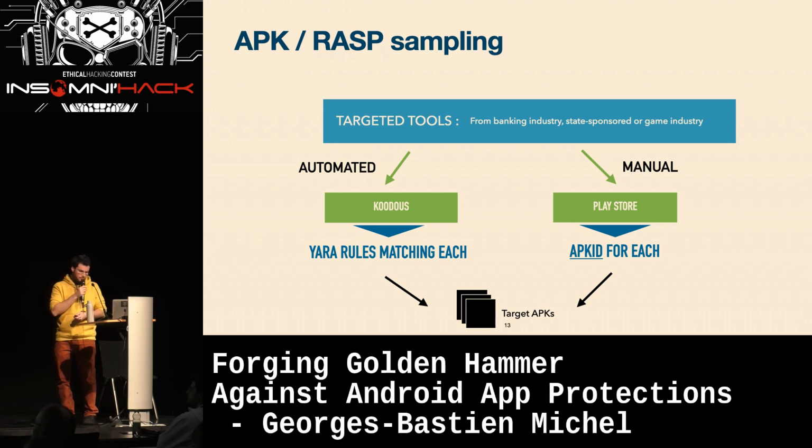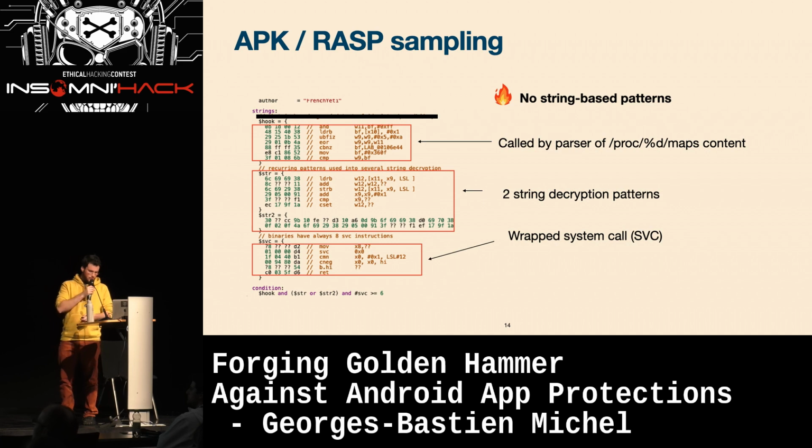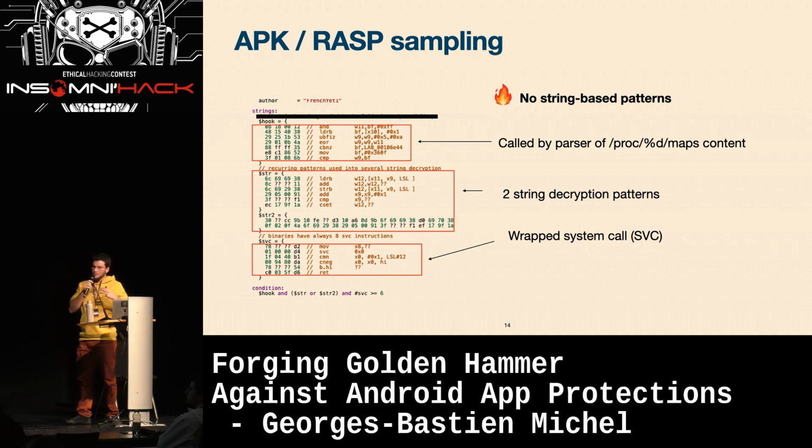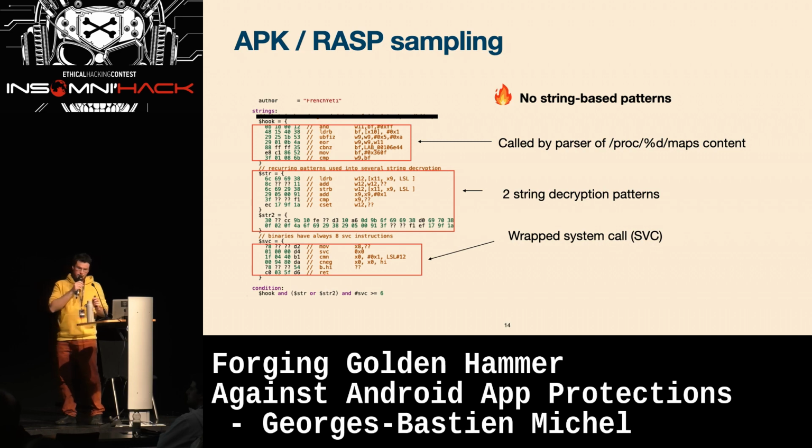We can find protected APKs. So here you can see a kind of Yara rule we used to target specifically a single version of a single SPT. The first part of this rule is not based on strings, so it is harder for the SPT editors to bypass it or correct it. The first part here is a simple XOR and hash comparison extracted from the anti-hook functions. The second part is two patterns from string decryptions, and the last is a common pattern because